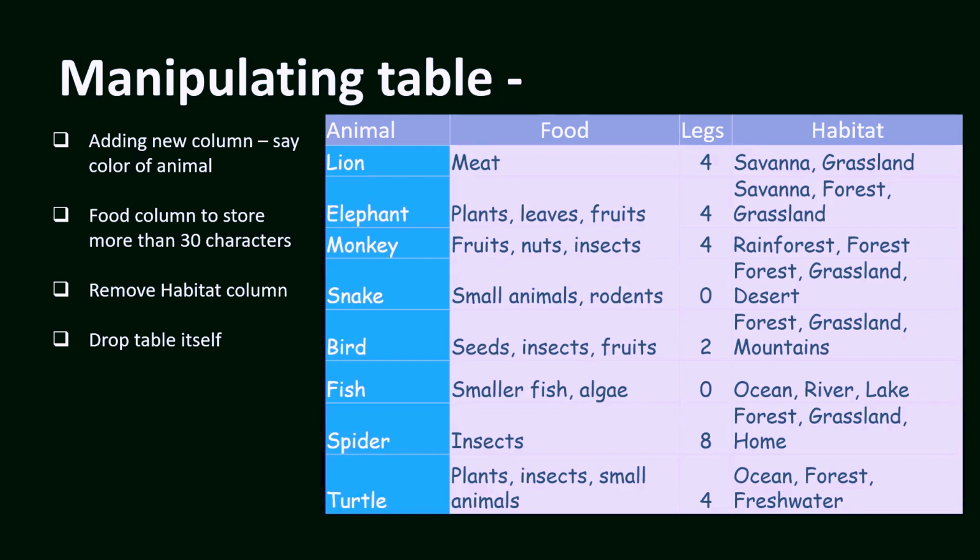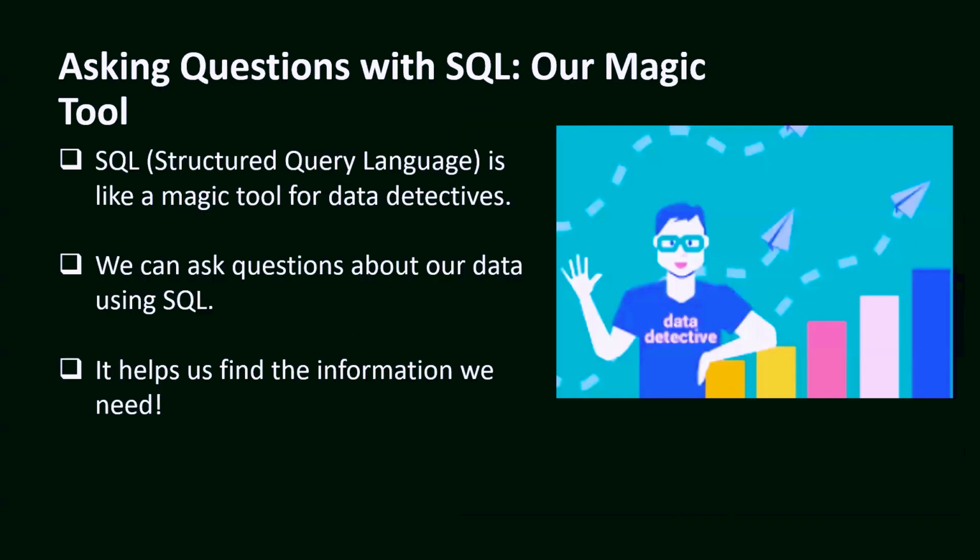Libraries also have multiple sections, right? In each section, you will have fiction, non-fiction, horror genre, or multiple other segregations of books. The librarian has to do this so that if anybody comes, you can immediately find that book and give it to the person who is in need. So SQL, what it is doing, it's a magic tool for us. It is helping us find the data.